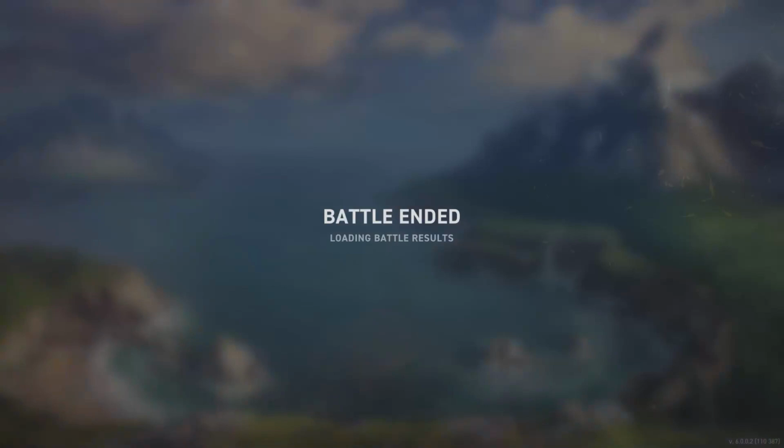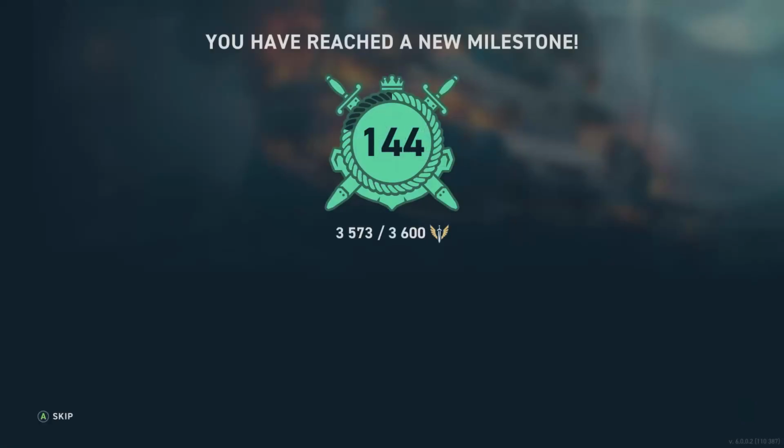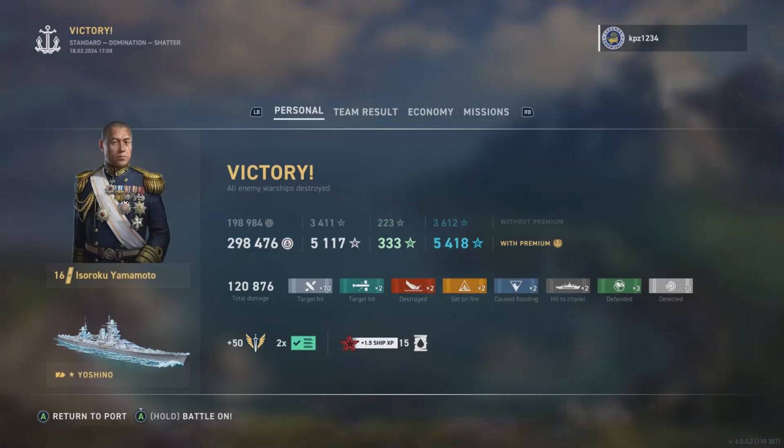Ship history real quick. This ship didn't exist anywhere other than paper, so nothing really to talk about. The actual ship named Yoshino is visible in the title card. All right, here we are in the victory screen,